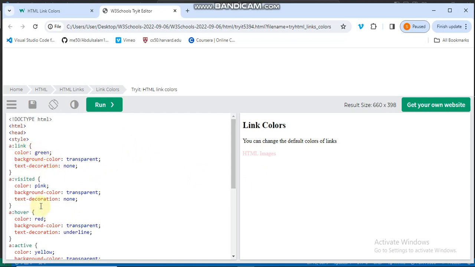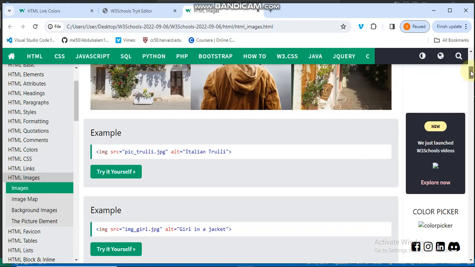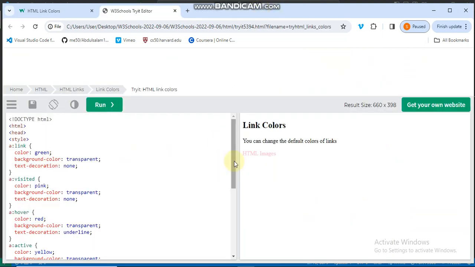When is a link that I have visited, right? As you can see, it is pink, so it means this link has been visited before. Why is it like that? It's because it referenced me to this web page which I visited in the last video when I was trying to talk about link. So here we have this link to be visited. That is why the color is set to pink. But here I can adjust this and say, okay, I don't want the color to be set to pink. I want the color to be blue. So let's run this code, and you see that it's now blue because I have actually visited